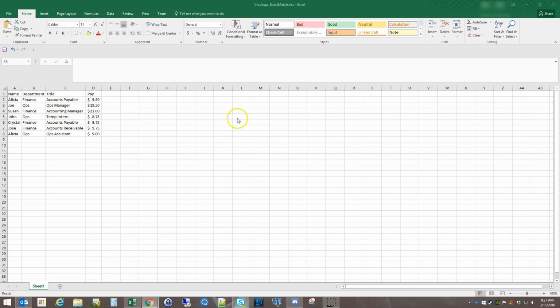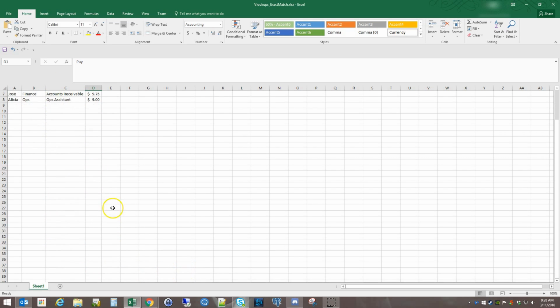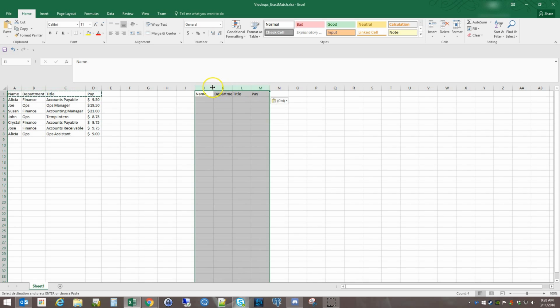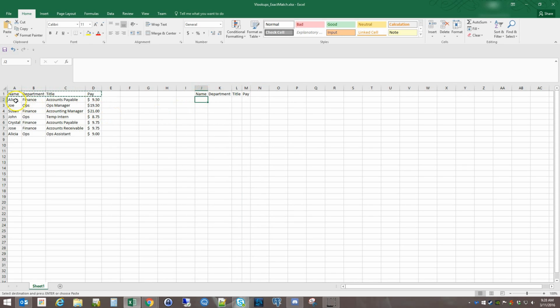So your boss comes to me and says, I want to know all the information about Susan and John. So, I want to know their name, department, title, and pay. So let's imagine that this list is maybe 300 employees in the company or something, and you could sort and maybe try and find them that way, but honestly this is a much faster way to do it. So let's copy this. I'm just going to do a little thing over here. It's not going to be pretty, but just for the purpose of this video, we're just showing you how VLOOKUPs actually work. So I want to find Alicia